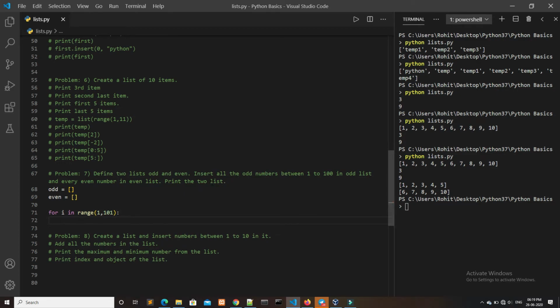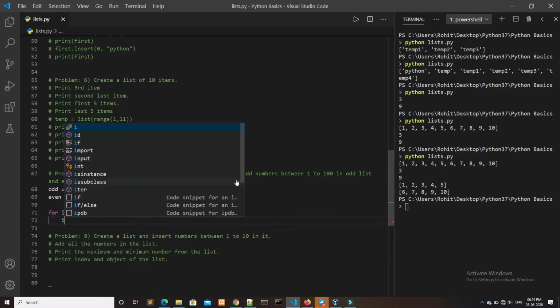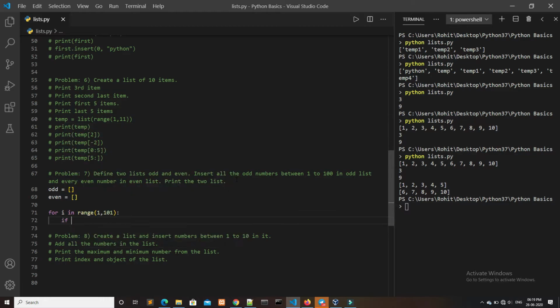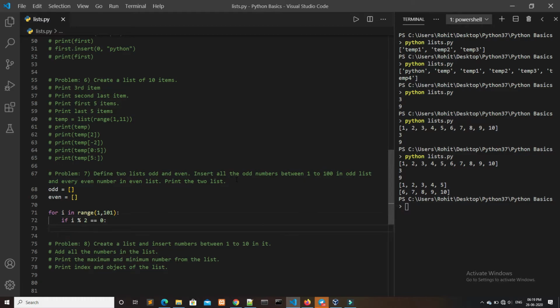Here we have to insert odd values in the variable odd and even values in the variable even. To check if i is odd or even, we have to write i modulus 2 is equal to 0 or not, that is, if i is divisible by 2 or not.